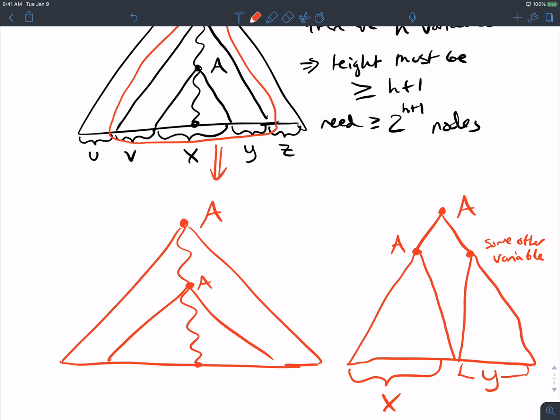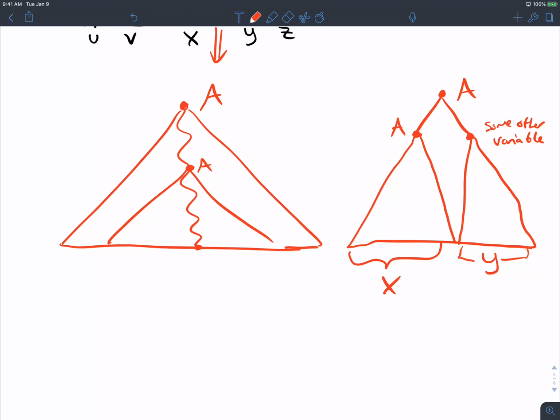Yeah, because the second occurrence of A could appear lower. Could they both be empty? No, because that would correspond to the A appearing on both sides and being swallowed up. But since we're only looking at one path, it can only be swallowed up on one side. So from this, we know that V and Y cannot both be empty. One of them could be non-empty, or both of them could be non-empty, but they can't both be empty simultaneously.